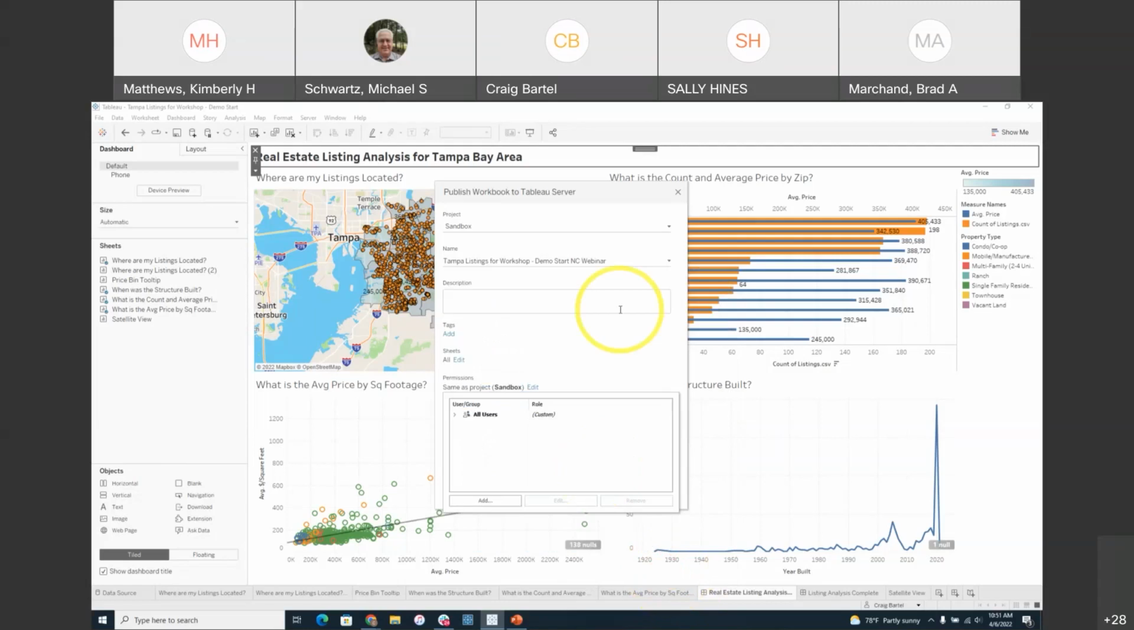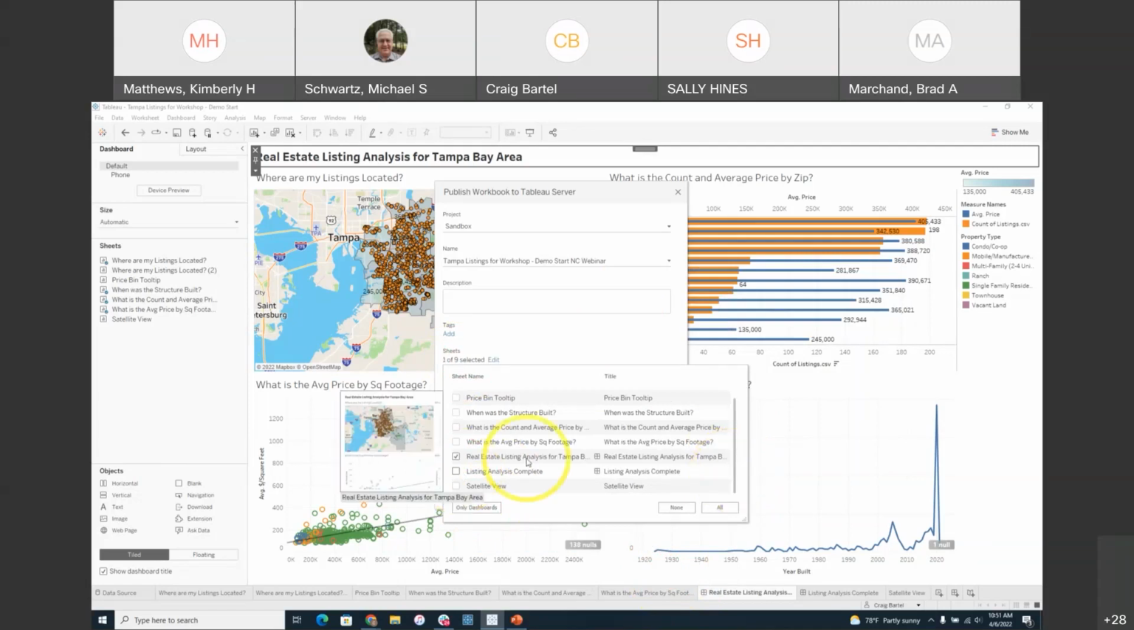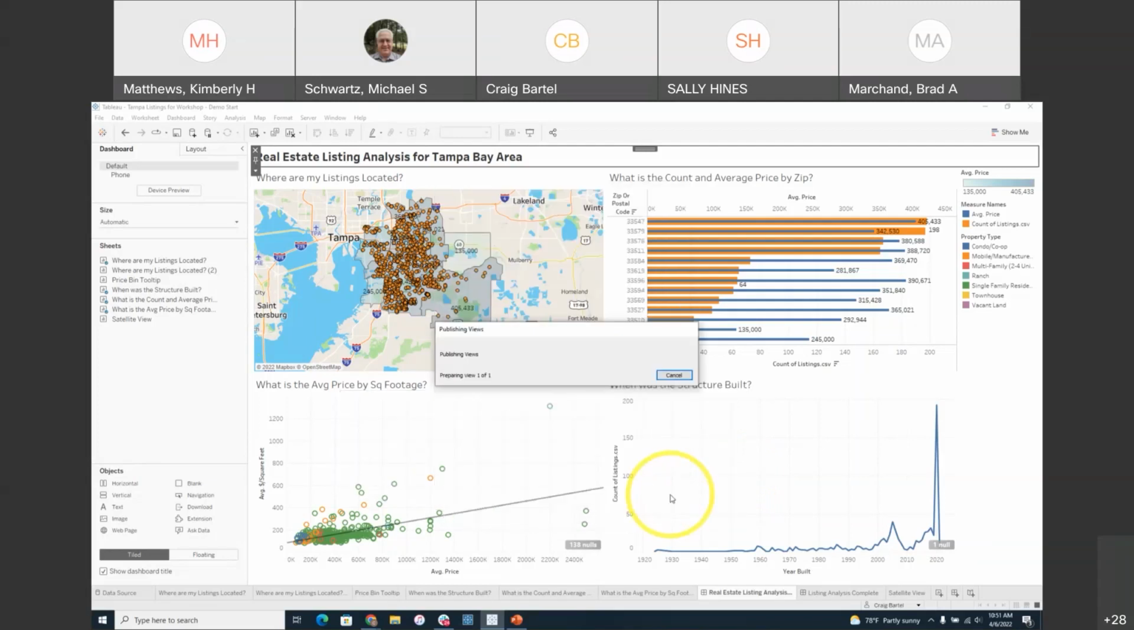So once we have things the way we want, the last thing to decide is, do you want all of the visualizations to be published, or just the dashboards? In our case, I'm just going to publish the real estate listing analysis. That's the only thing I want to publish. And then I click the publish button. Now, once I publish it,